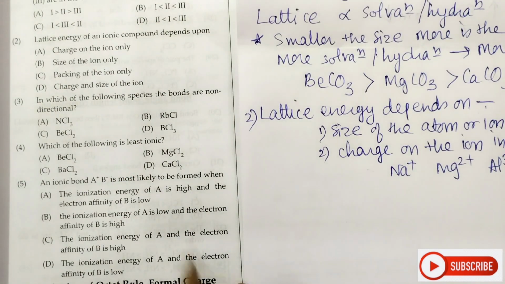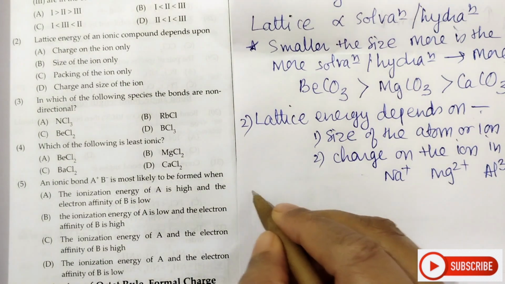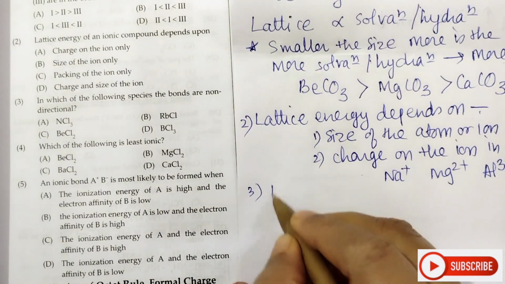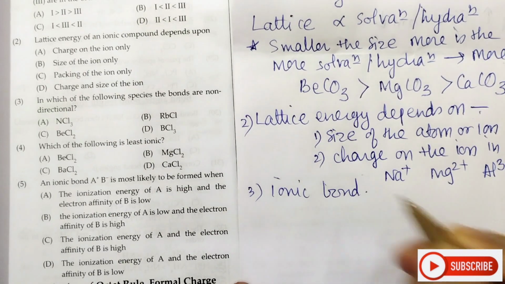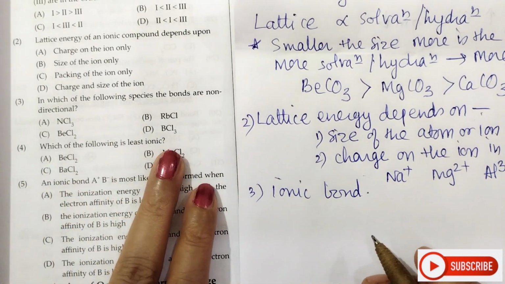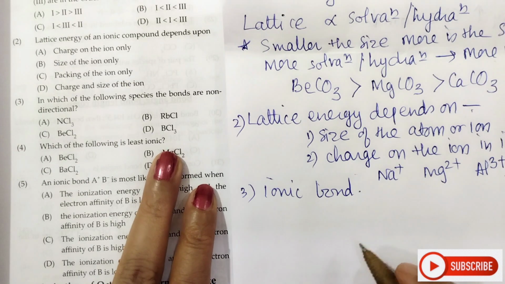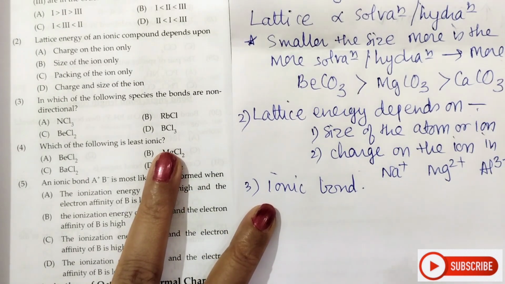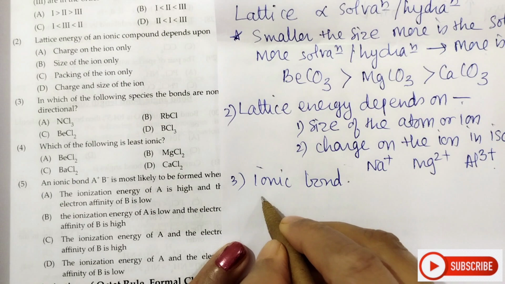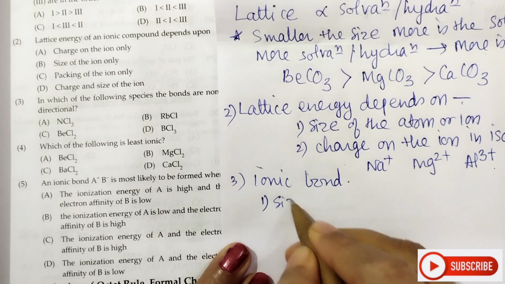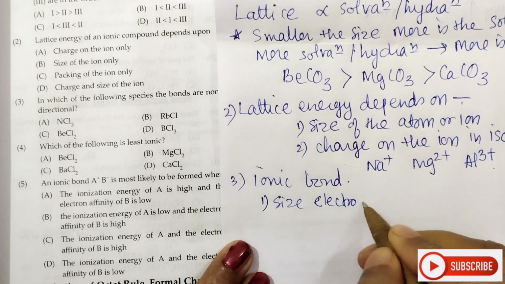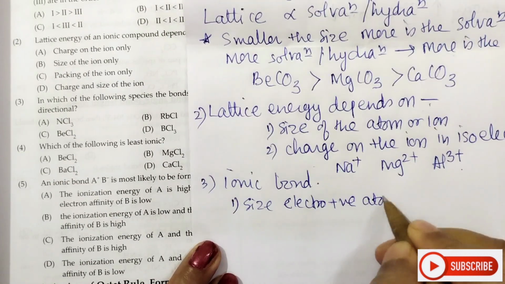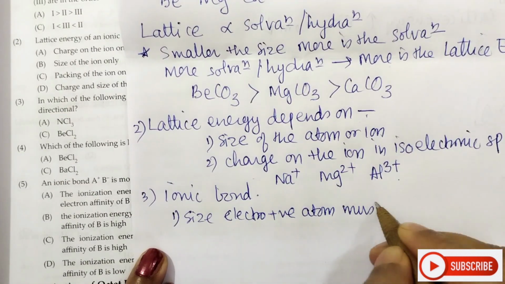In which of the following species the bonds are non-directional? Students, you know that ionic bond is always non-directional. So we have to select the option which will show the ionic bond. For any molecule to form an ionic bond, the first condition is that the size of the cation or the electropositive atom must be large,